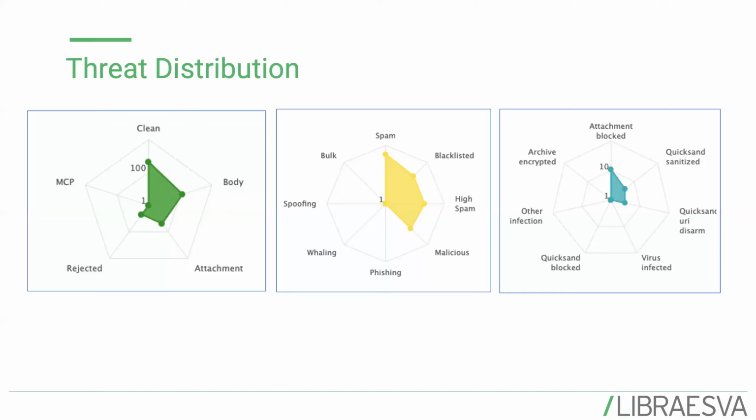So no longer will you just see spam or high spam, but you'll also be able to see if the message was blacklisted, if it was malicious, if there were any phishing indicators, whaling, spoofing, or bulk indicators inside of the message. And we use that to better classify the results of the message, which you can use to better understand how we're classifying, as well as use those indicators in reports so that you can, over time, review the